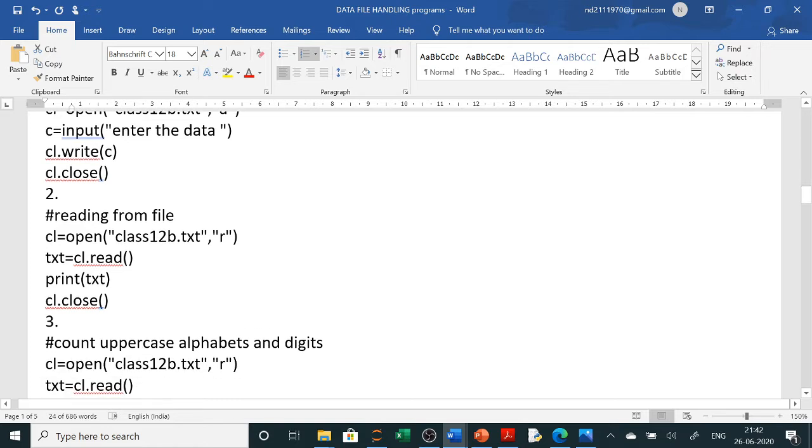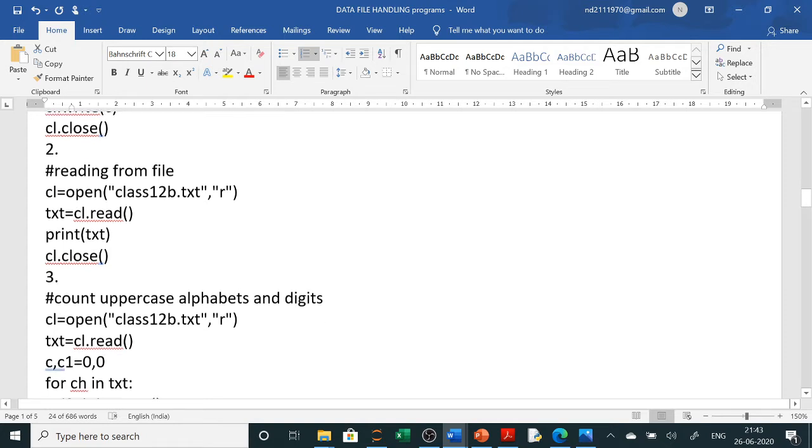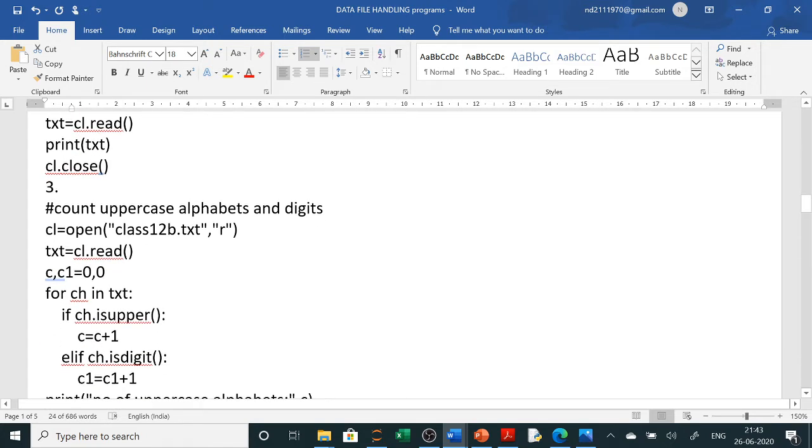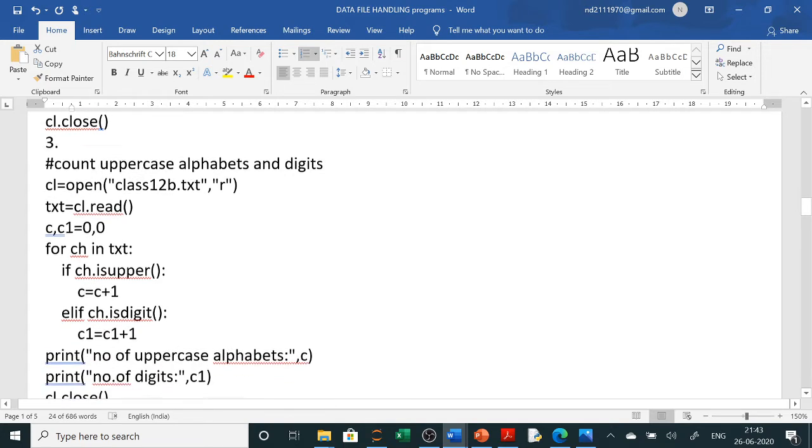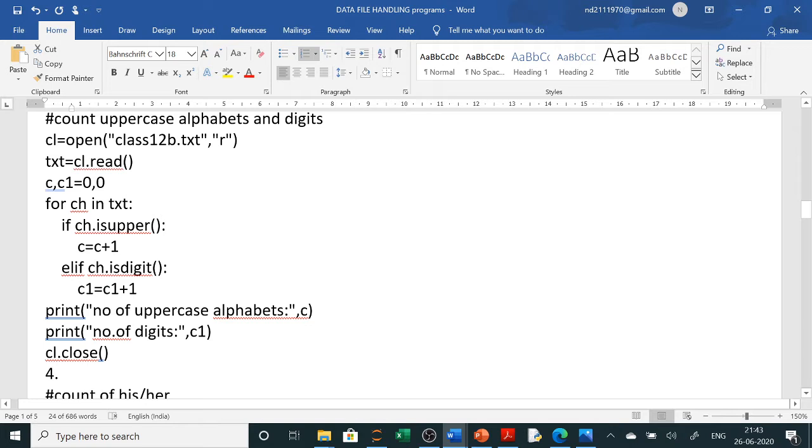For reading, you have to open the file in read mode, read from the file, print it and close it. So only this much you have to do. If they have asked you to check something, then using a for loop you can take one character at a time and access the characters. Here the same thing you will do. You will open the file in read mode, read from this file, and I have used two counters here to count the uppercase letters and the digits.